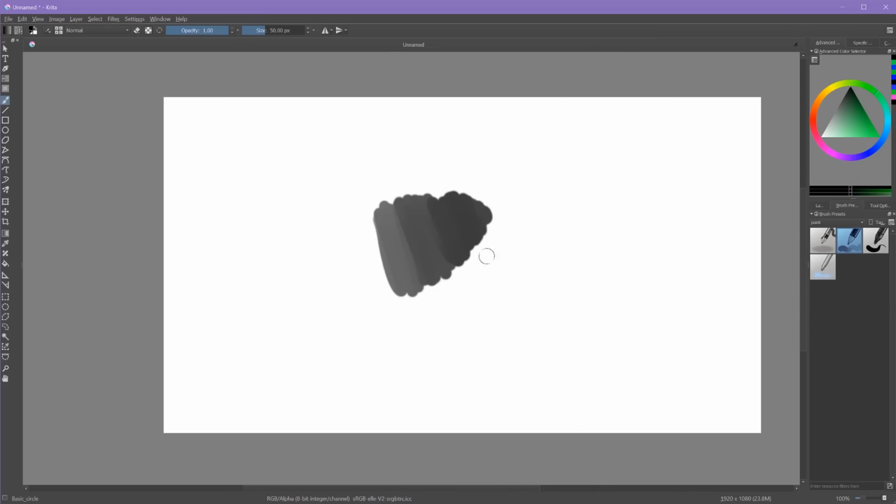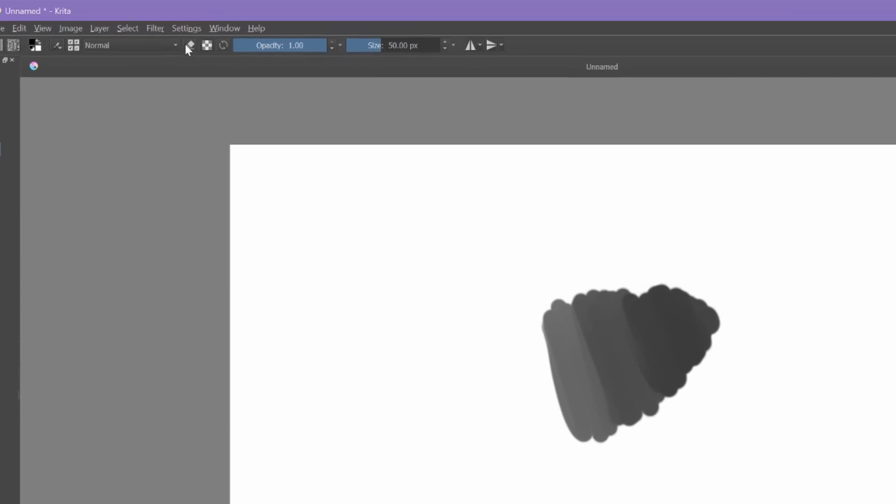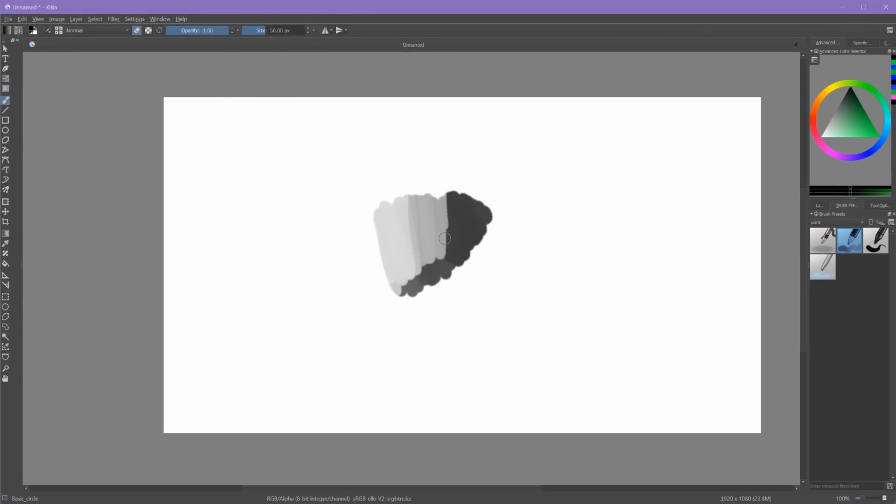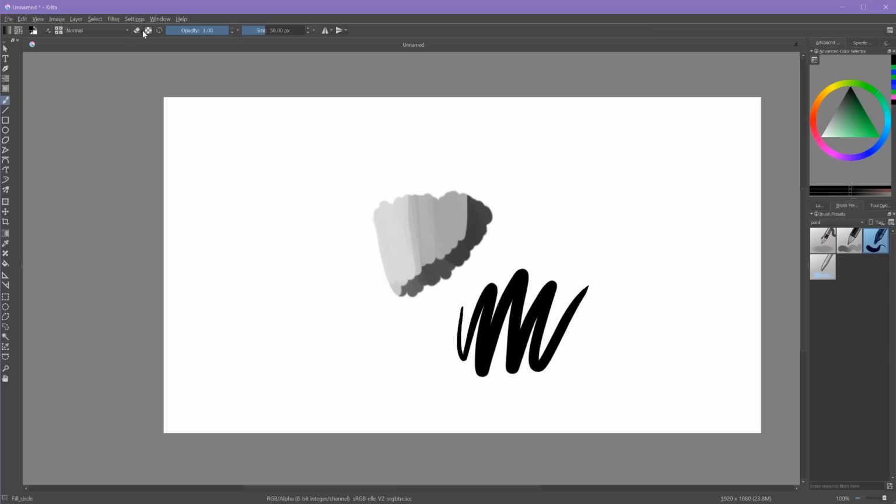If you want to erase something, the eraser is located at the top. This is also where your settings are for every tool that you use. So the eraser is this eraser button here, and that'll turn whatever brush you're using into an eraser. So if, say, you're using a softer brush like this one, it'll be a soft kind of erase. Whereas if you're using a hard brush like this one, and you switch it to eraser, it's going to do more of a hard edge erasing.